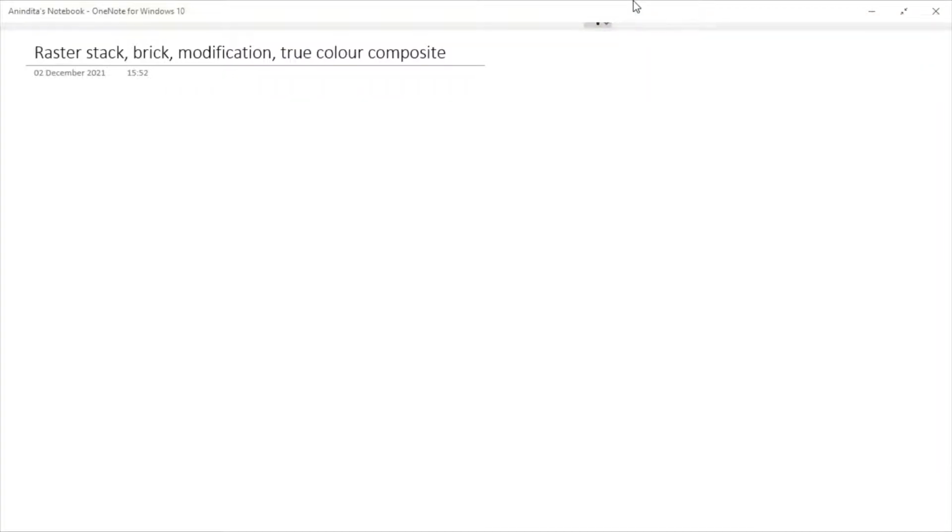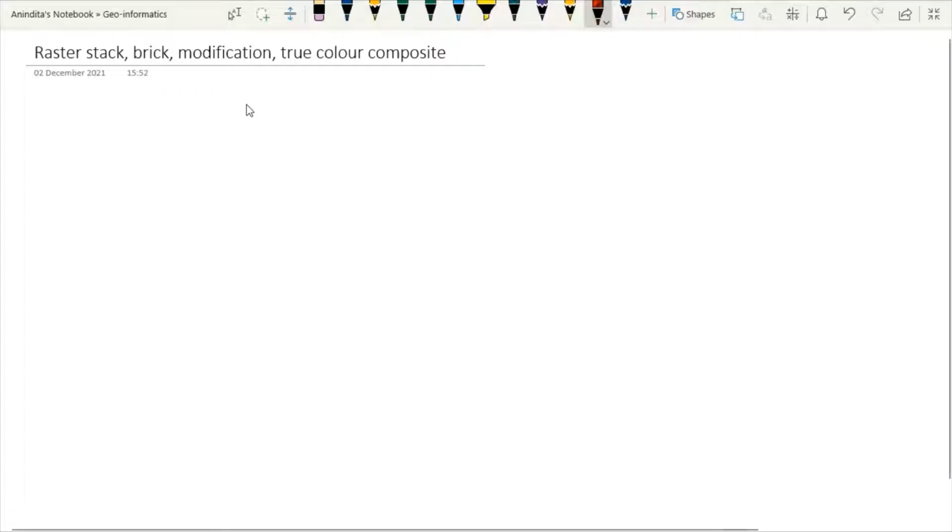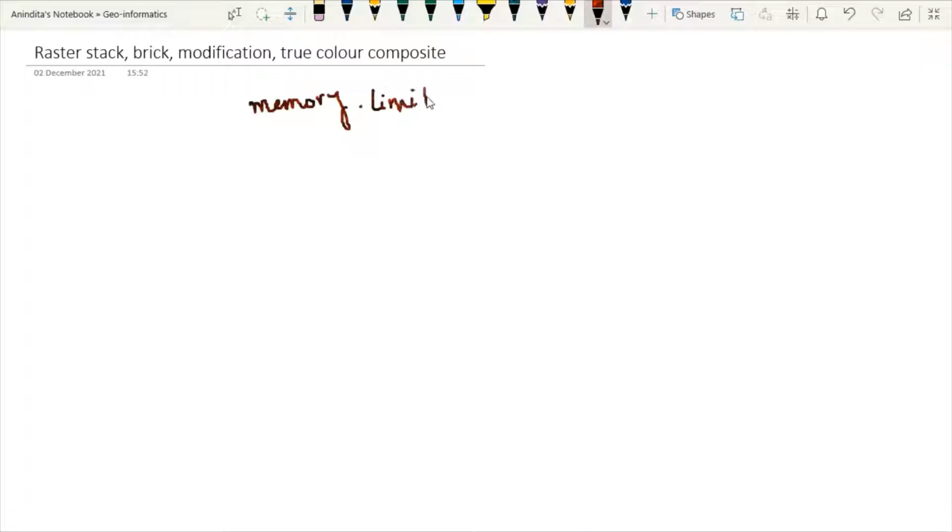Now what is this memory limit function? Generally it is written as memory.limit, and then size is equal to NA. Whatever functionality we are going to perform today, if you do not perform this memory limit extension before it, then it will be a problem.